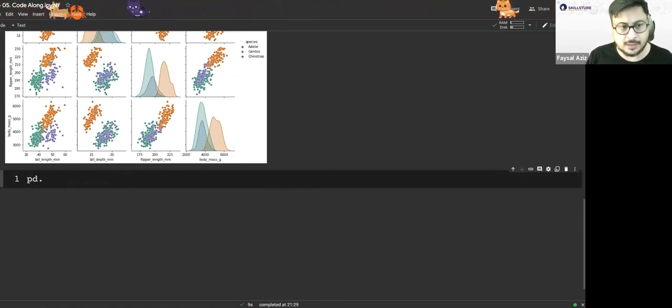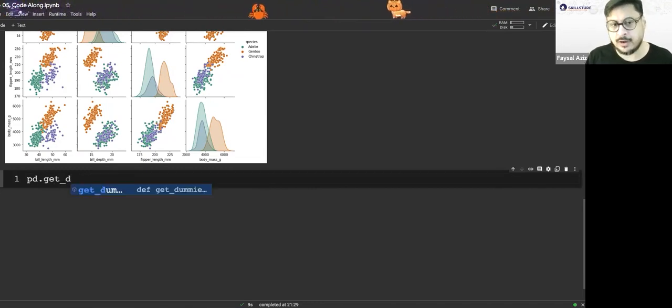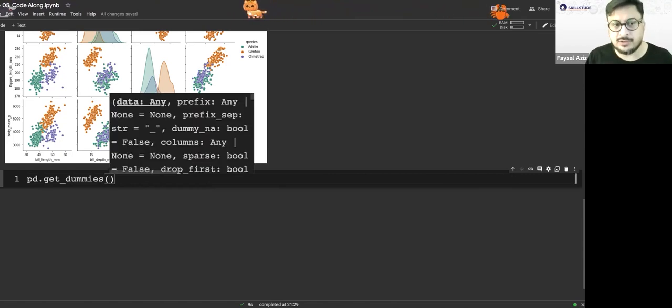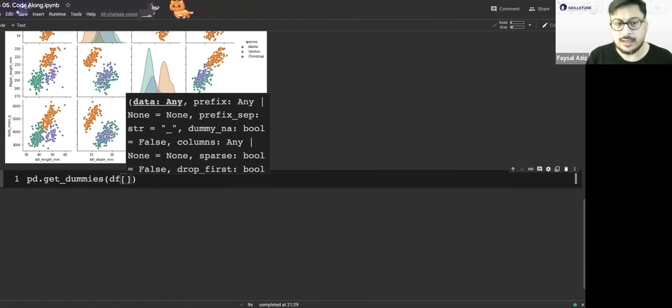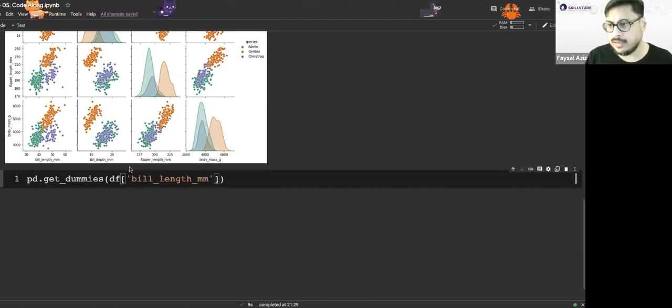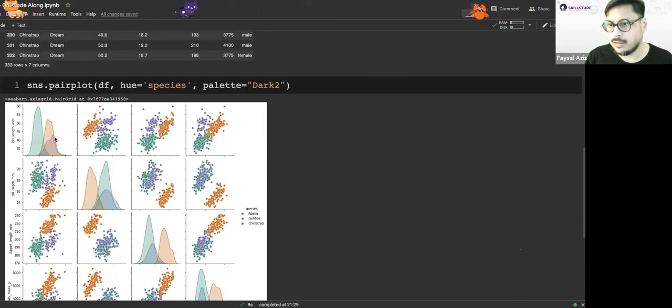Here's the code: pd.get_dummies. It should autocomplete. I like autocompleting to see that I'm not making any spelling mistakes. There you go, get_dummies. I'm just going to take these two features. What are the features? Bill length, right? Let me double check.